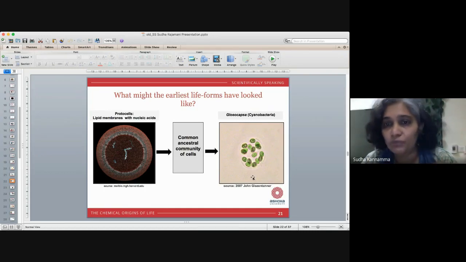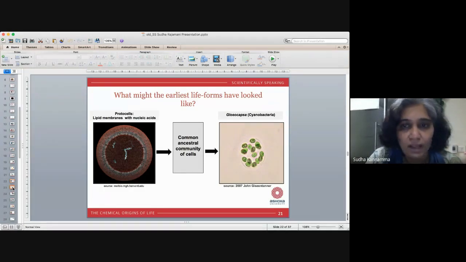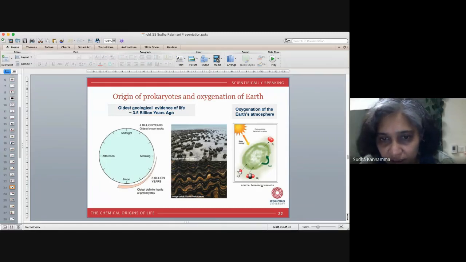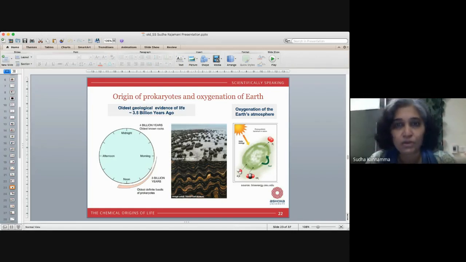Here is an image of Gloeocapsa cells. These are essentially cyanobacteria, and these are thought to have come about. These are the oldest geological evidences that exist on Earth. Here on the top panel in this central image, you're actually seeing these stone pillow-like structures. These are called stromatolites. Stromatolites are a product of interaction between biology and geology. It's essentially these microorganisms trapped in sediments, which just got layered and layered and formed these pillow-like structures. So take one of these stone pillows and cut it, and this is the section you're going to see. You're going to see alternating layers of